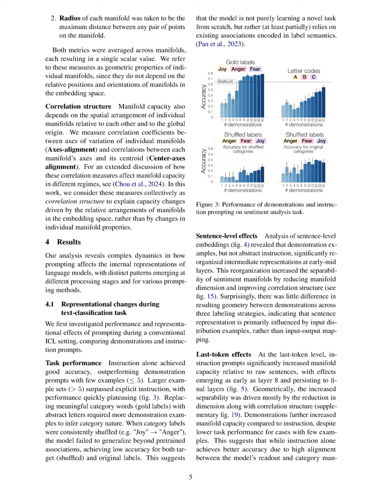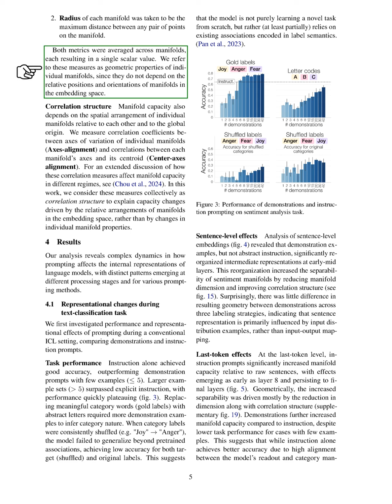Section Summary. In this section, we describe our creation of a synthetic dataset using a language model to explore the effects of various prompting methods on text classification tasks, focusing on sentiment, topic, and intent categories. We analyze the representational geometry of decoder-only models by examining sentence and last token embeddings, measuring manifold capacity and geometric properties to understand the separability of class representations in the embedding space.